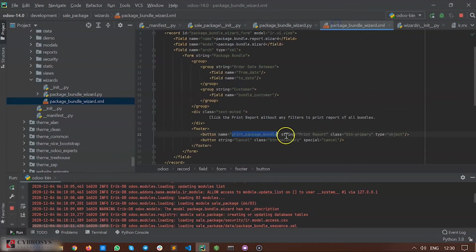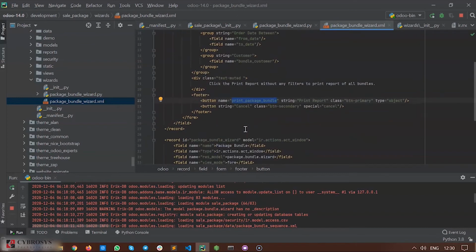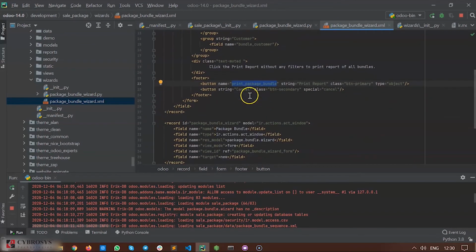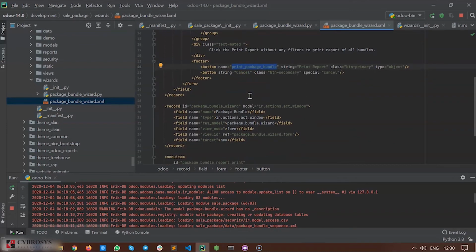Okay, so I have defined a function for the button also. And next, after defining the form view, we'll have to create an action window for the model. So I defined another record with ID as package bundle wizard, and the model as ir.actions.act_window, and I gave a name for the current record, that is package bundle, and the type as ir.actions.act_window,